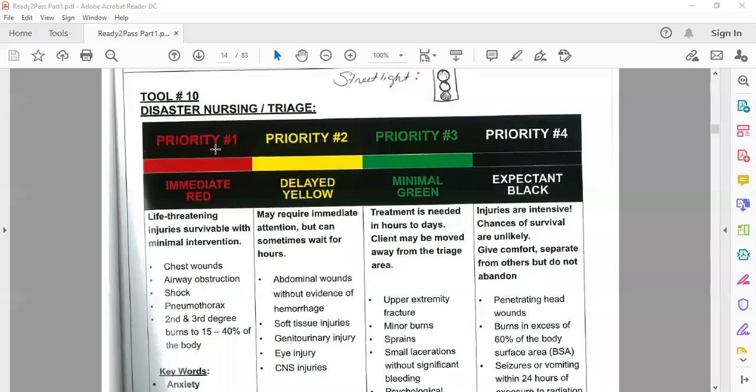The disaster management, as I told you, the disasters are of two types. One is the inside disaster, the other is the outside disaster. So in this picture, you are watching the disaster management inside the hospital, which we call triage. If you ask me what the compare and contrast between inside disaster and outside disaster management is, let me